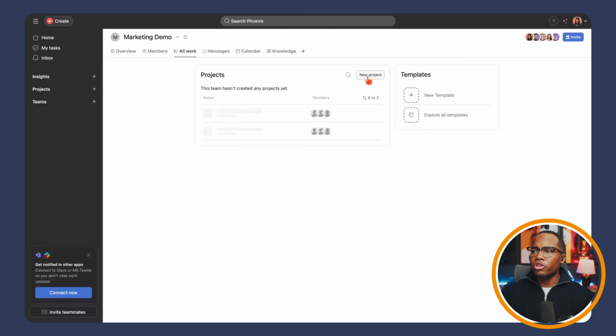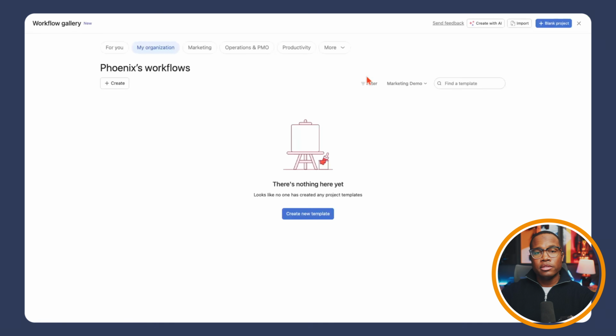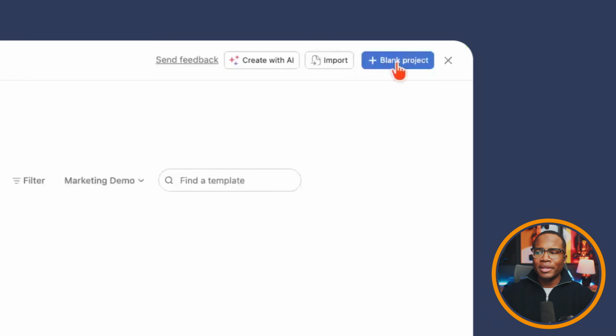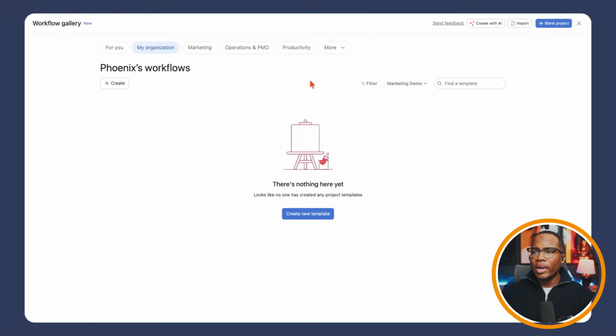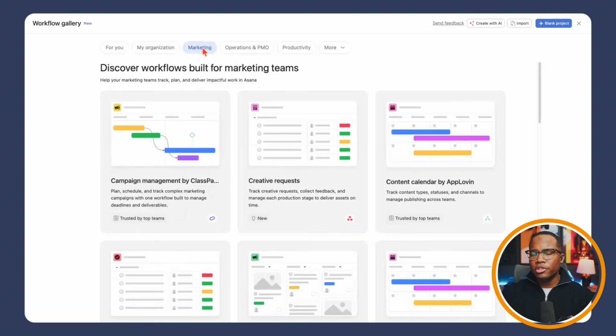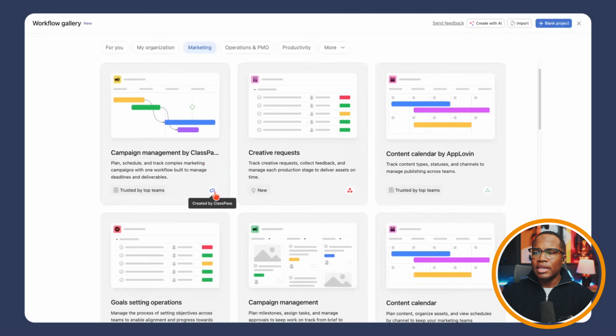So I'm going to create a project from scratch. Here, when we are starting Asana for the very first time, we have a few tools at our disposal. I'm going to walk you through a few of them here before we get to what I actually want to do, which is creating just a blank project. So we can go in and you'll notice across the top, you can click on these different tabs. So if you're just starting out with Asana, I'd recommend exploring some of these templates. There are so many of them based on your use case. They're built based on a lot of the case studies and customers that we've actually helped get implemented and started